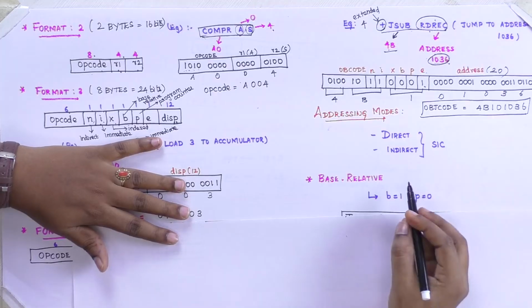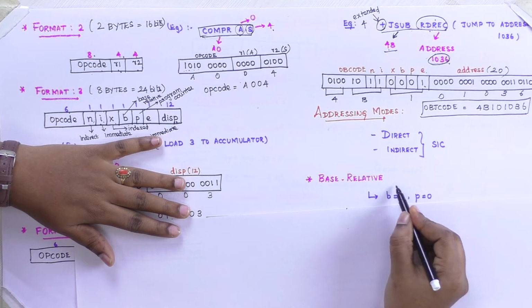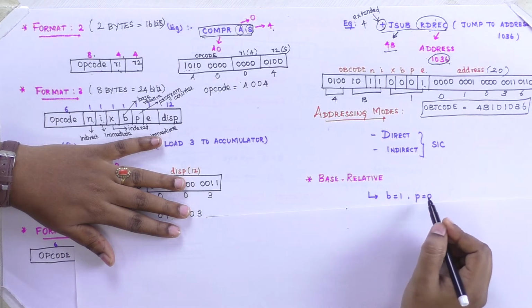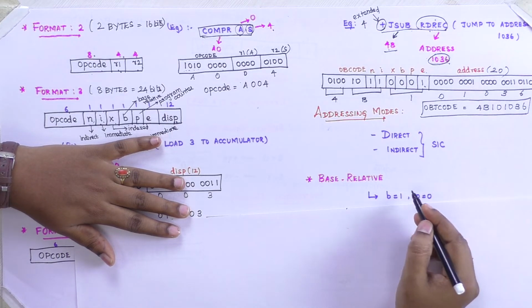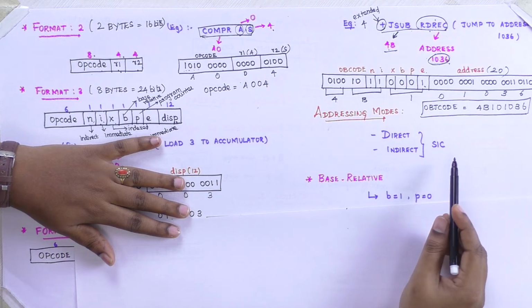So along with these 2 addressing modes, we have 3 more addressing modes in our SIC XE architecture, that is base relative addressing mode, program counter addressing mode and indexed addressing mode. So now first let us see about base relative addressing mode. If it is a base relative addressing mode, we have to place B equal to 1 and P equal to 0. Then the target address is calculated by